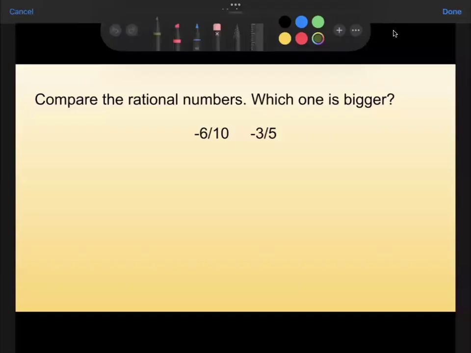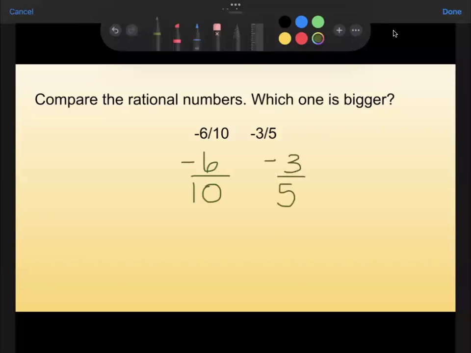Okay, here is our next one. We're comparing these rational numbers, -6/10 compared to -3/5. Now they are both negative. So when you're comparing two negative numbers, remember to keep in mind it's more about which number is further away from 0 than the other one. So let's go ahead and rewrite these. -6/10 compared to